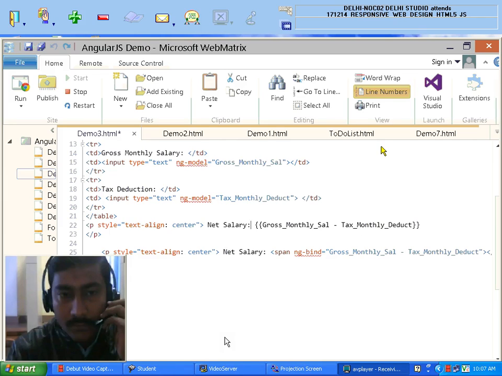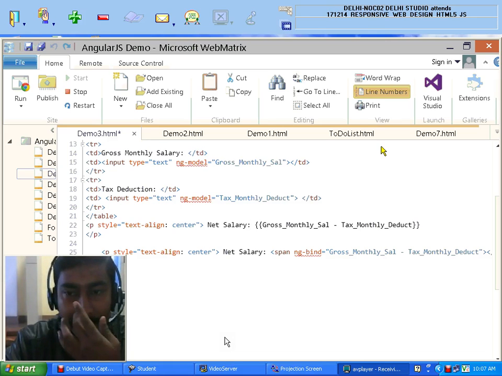We get two P tags. Now we are writing over here a net salary, and also in the next P tag we need to write net salary. Then actually every model tag will be an ng-bind tag. Then what defines that? If we are writing net salary without ng-bind and printing with ng-bind,